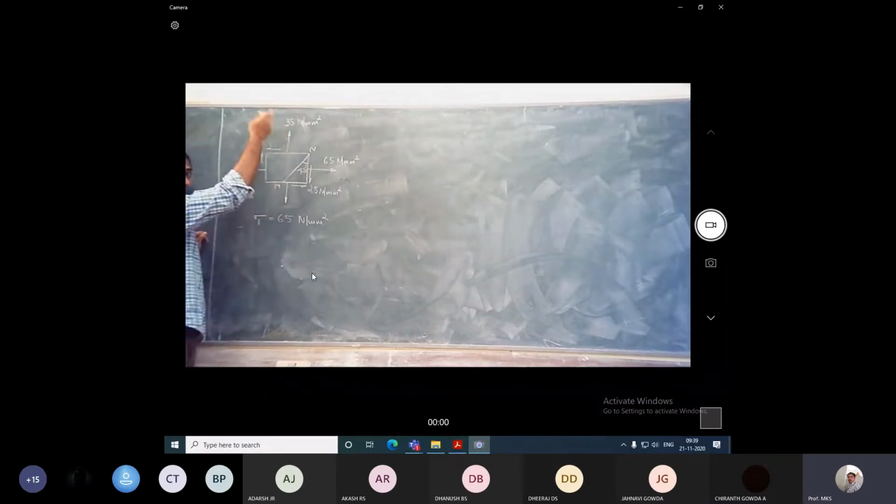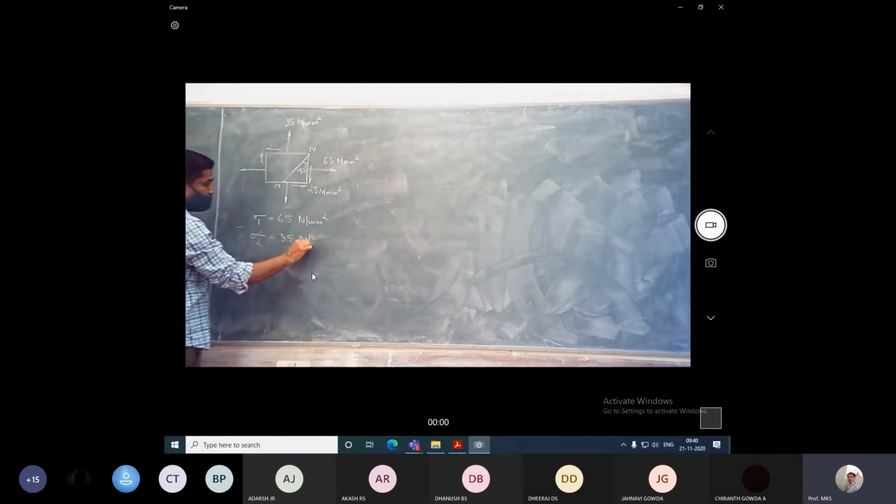Then the stress in the y-axis is the minor stress. This is 35, that is sigma 2, 35 Newton per mm square. Then we have a shear stress, that is tau. Shear stress is 25